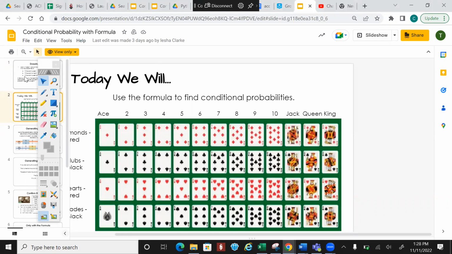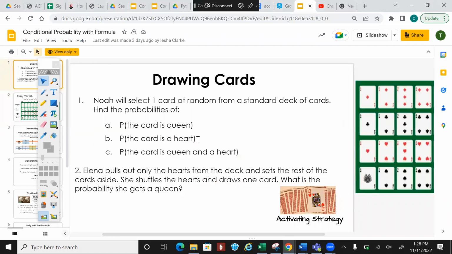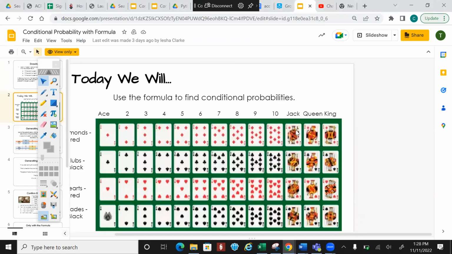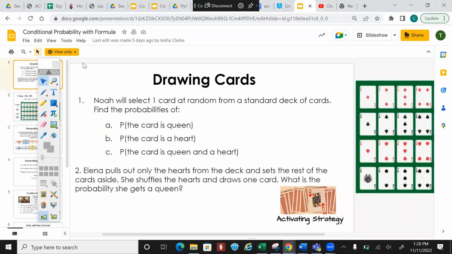Okay, so come back over here. What is the probability that the card is going to be a queen? So looking at our deck, how many queens do we have? 4. All right, so we're gonna have 4 out of how many cards do we have in total? Okay, so normally when we're dealing with cards, we're gonna do this in the smallest fraction. So this will be 1 out of 13. Or if you want this in percent form, 1 divided by 13, I think is like 7%, but I might be making that up. Nope, that's right. 8%. Okay.